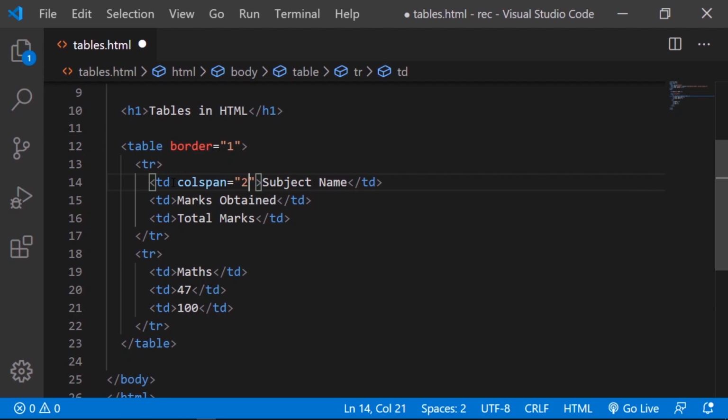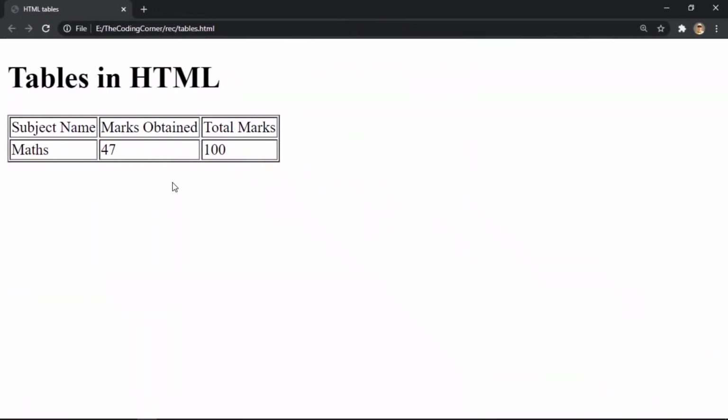Now that is because we want maths 1 and here maths 2 and the subject name to be going across the two columns, right? So I'll just do it. And for the subject name to go across these two columns, that is the reason we are mentioning 2 as the column span.